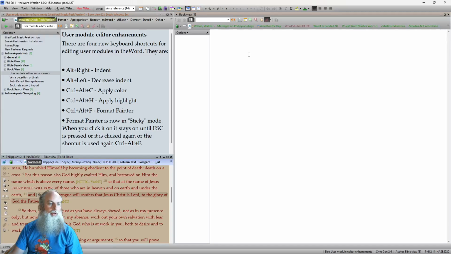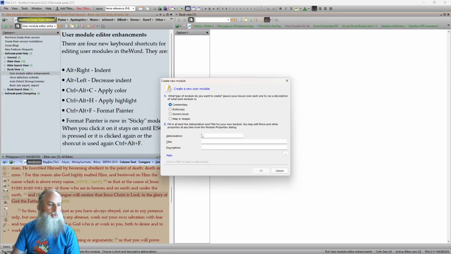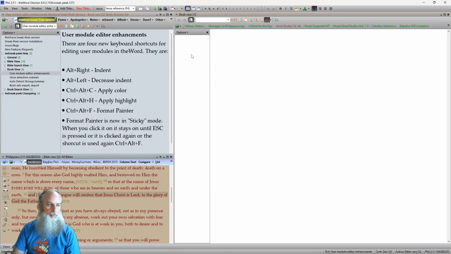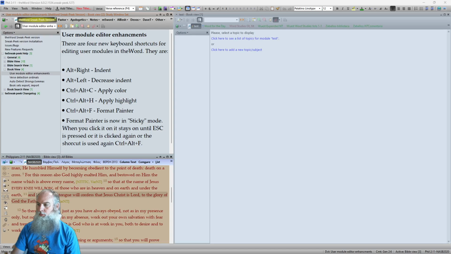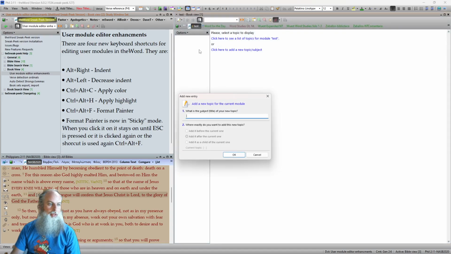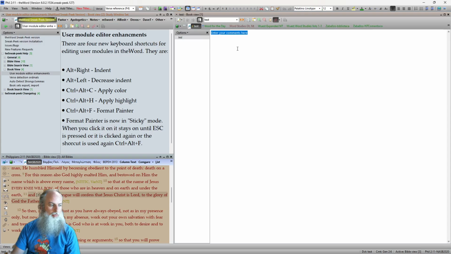So we have several items here. Let's go in and put a new module in here, a generic text. In here we're going to add just a simple subject, test. So if I was going to go to test 1, test 2, test 3, if I go in here and